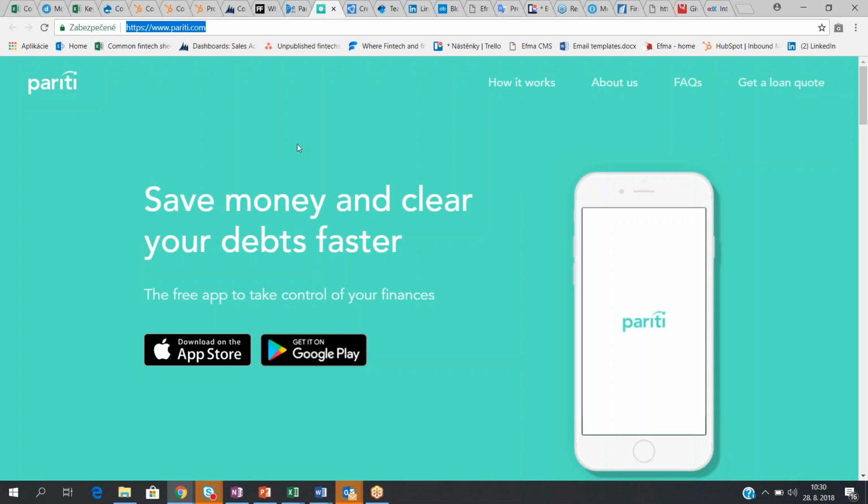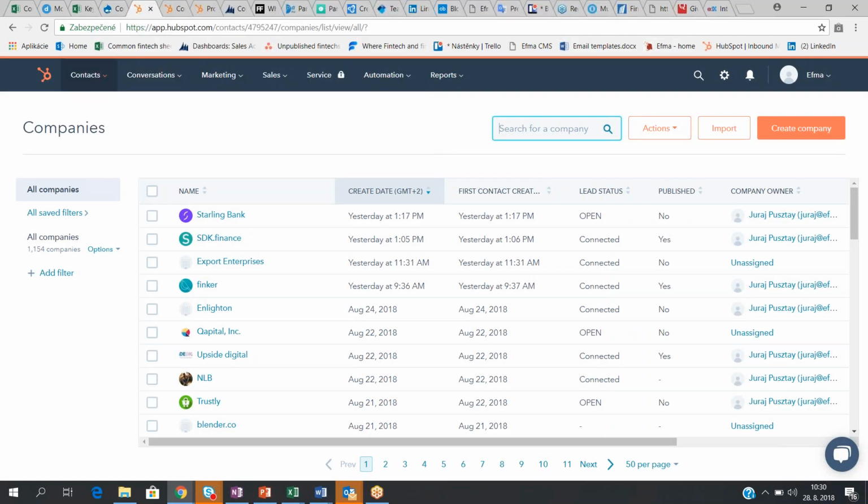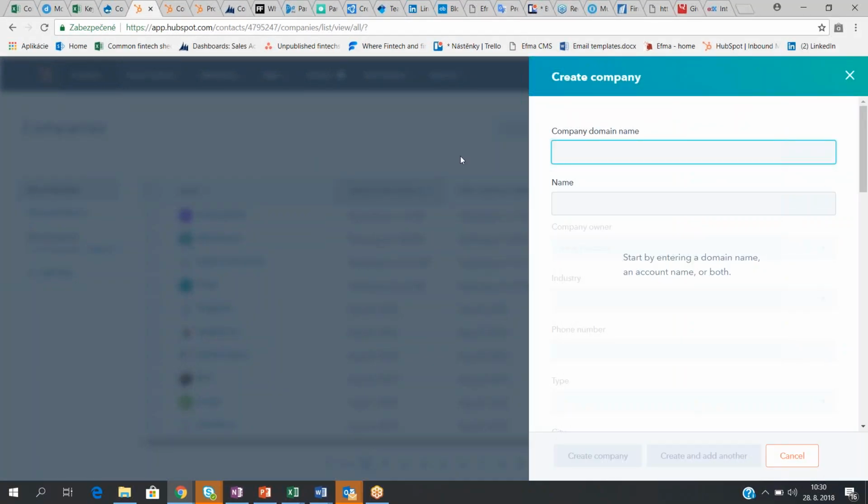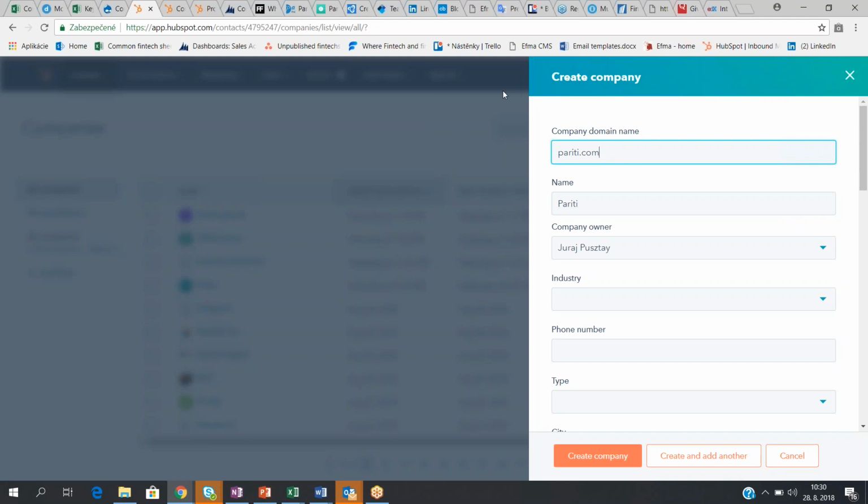Parity is a fintech in London, and what I need to do is just copy the domain name, parity.com, and go to your companies section where you can see all the companies you are working with, and click on create company. When you click on create company, you just add your domain name, Parity, and now